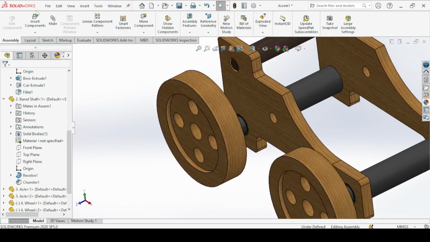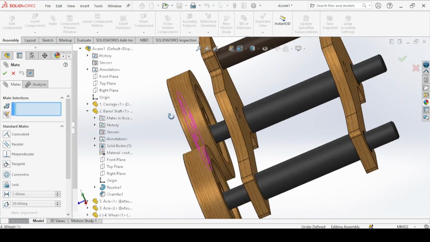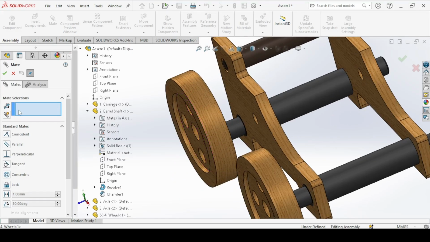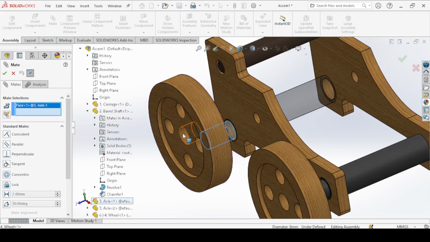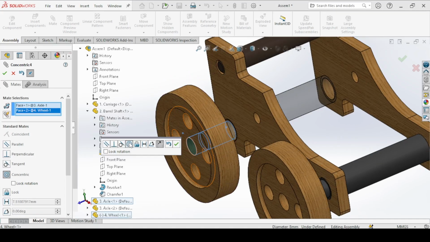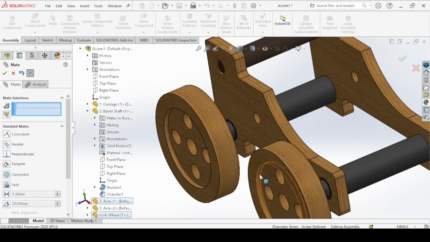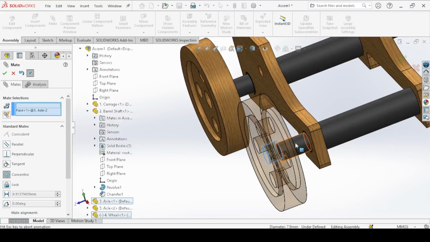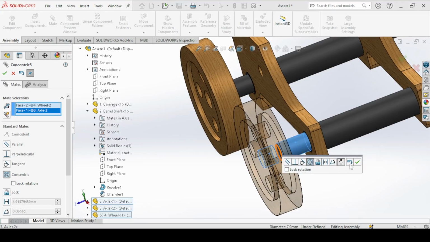Now let's meet. So on a standard meet, click on this shaft and this hole, concentric, okay. Again, click on this hole and this shaft, concentric, okay.